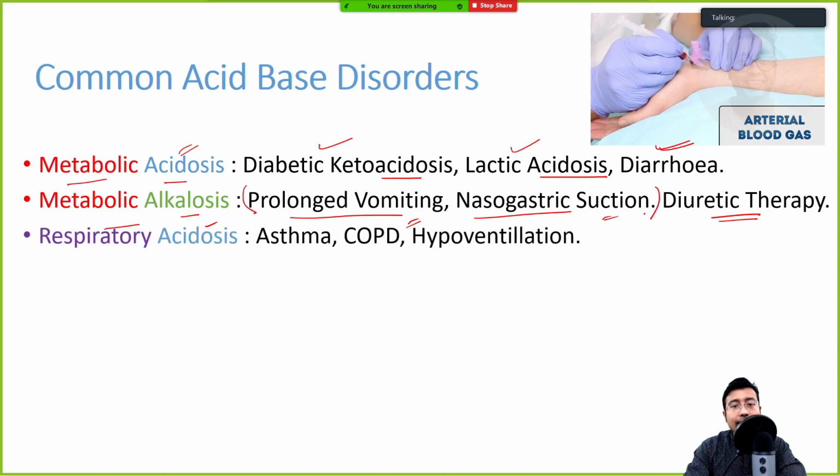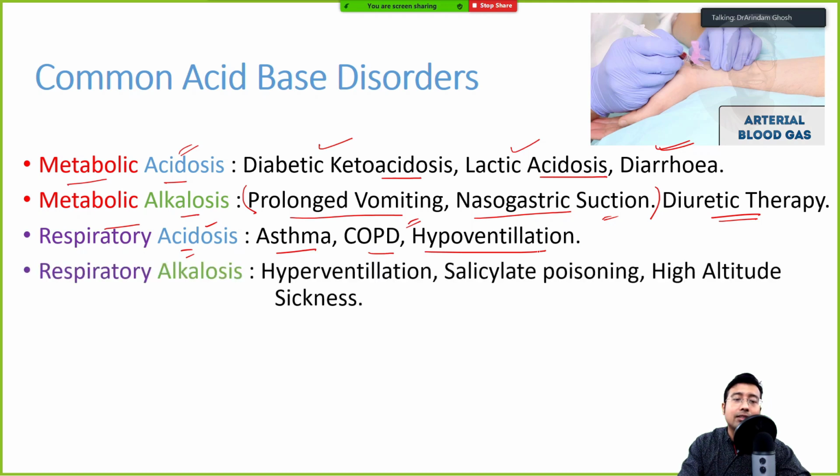Next, respiratory acidosis. What happens in respiratory acidosis? Lungs cannot wash out carbon dioxide, meaning hypoventilation. So any restrictive lung disease or breathing problem, having difficulty to breathe, what are they? Asthma, COPD. In all of them, the carbon dioxide is held up, it cannot be washed out. So the concentration of carbon dioxide increases in the lungs and subsequently goes to the blood, and then PCO2 rises, which will lead to respiratory acidosis. So any cause of hypoventilation, when the breathing rate is reduced, there is a breathing problem.